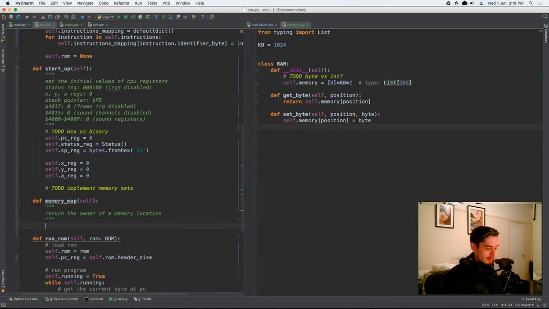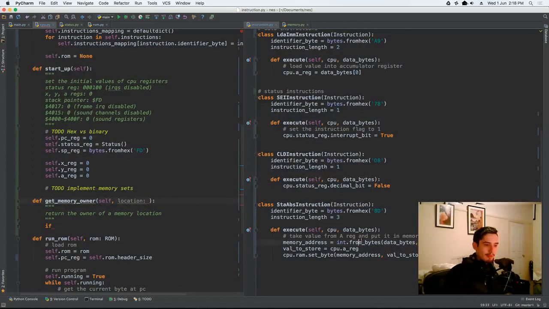So at the moment, we'll need to pass it, we'll say memory owner, get memory owner. So we'll get the memory owner, and you need to pass in a memory location. This is probably going to be passed in as an int or as a byte. I guess the question is, we need to do this decoding somewhere, from bytes to integer, but potentially we don't need to do it yet. Potentially that'll just be done by the memory or by whatever. So we might as well pass it around as bytes,